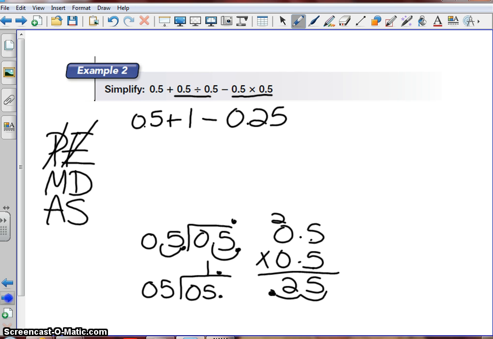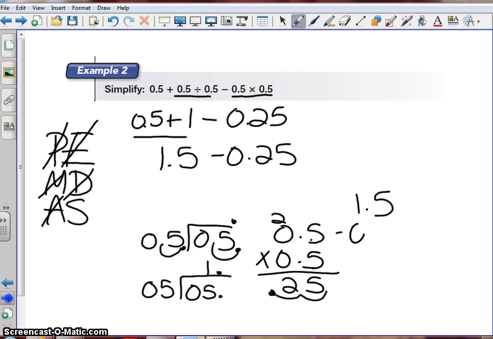Next we look to see that we do the addition and subtraction. Again we look left to right and see that we do the addition portion first. 0.5 plus 1 is 1.5. And the addition step is finished. Next we finish this problem by subtracting. 1.5 minus 0.25,